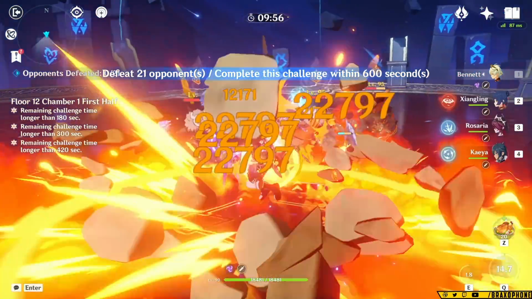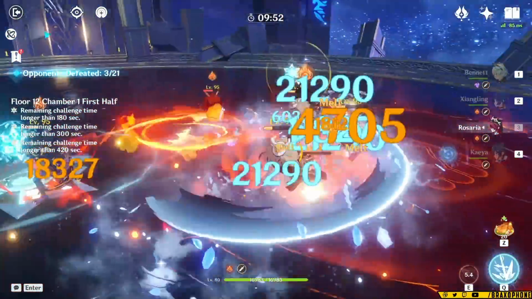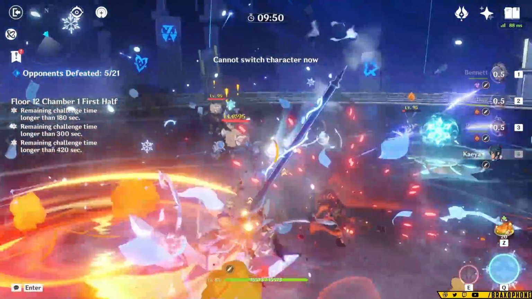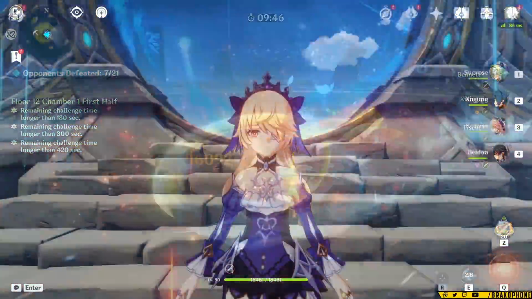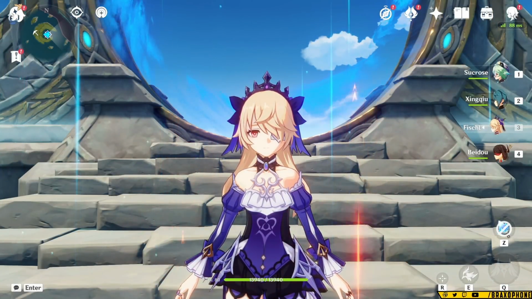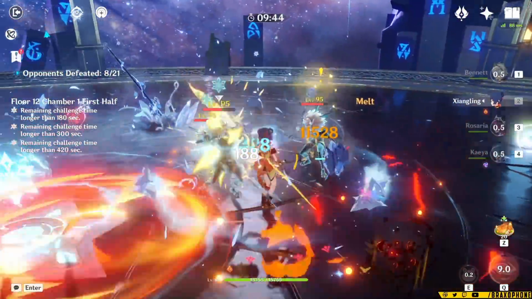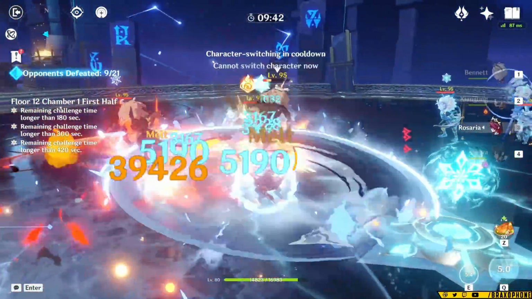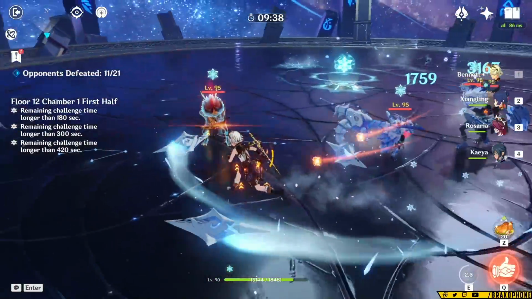This Abyss is crazy in comparison to the past few because they tried really hard to shut everyone down who wasn't using a Pyro. This is meant to be Yoimiya and Klee and Kazuha's Abyss. So as a free-to-play player, if you don't have a lot of Pyro options, you might be in a little bit of trouble. But with that being said, a lot of the meta teams that they tried to nerf this Abyss by making all of the enemies resist that sort of damage are still pretty good